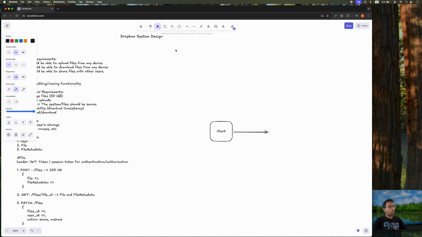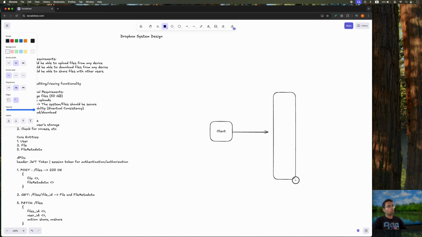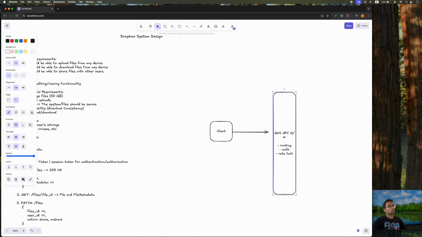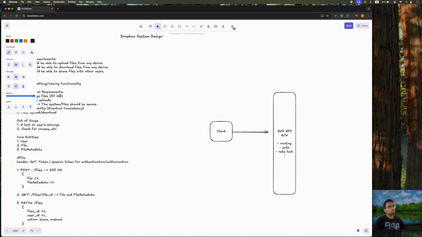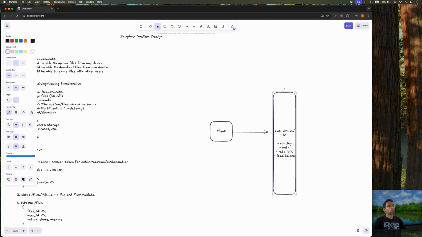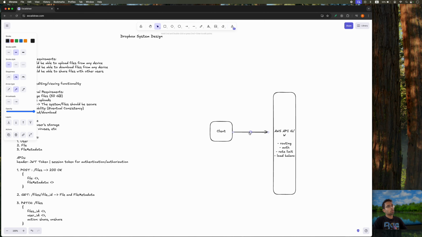something known as AWS API Gateway. This will take care of a lot of things for us. It takes care of routing, it takes care of authentication, it takes care of rate limiting, and so on and so forth. So it also works as a load balancer. So that is another thing which I want to mention here. Load balance. Okay. So a client makes a POST request on files, and